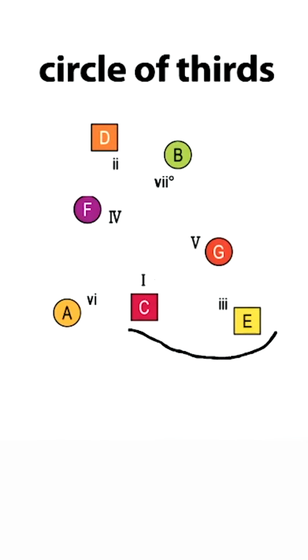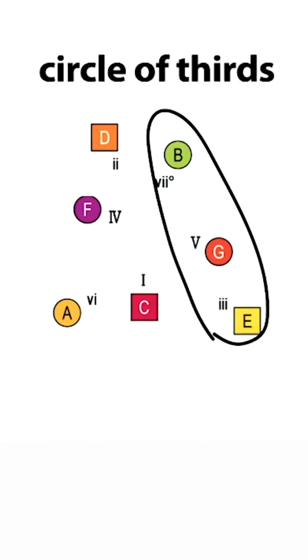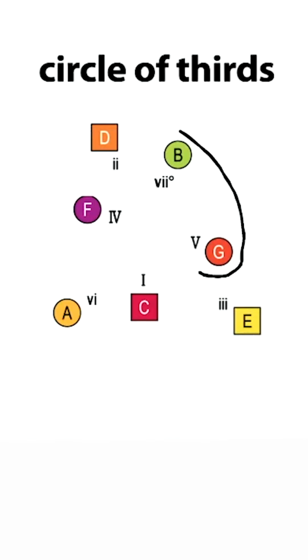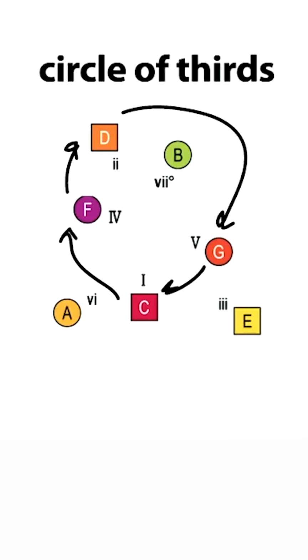Together, C, E, and G make the C major chord. E, G, and B make the E minor chord. G, B, and D make the G major chord, and so on. All 7 chords form a seamless ring like this. And really, you can imagine that each of these notes represents the root note of each chord. And when you do this, you can form different chord progressions like C major, F major, D minor, G major,